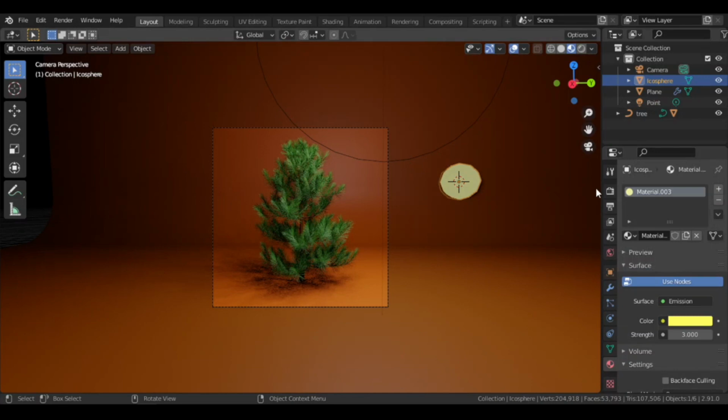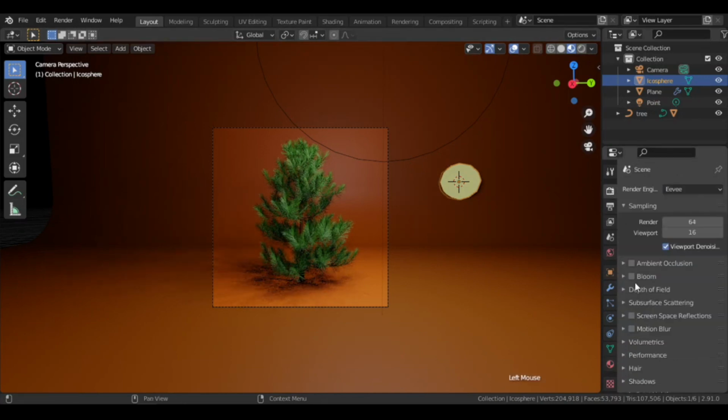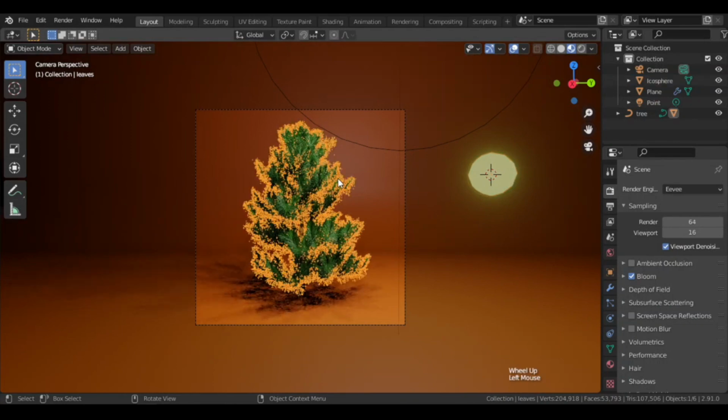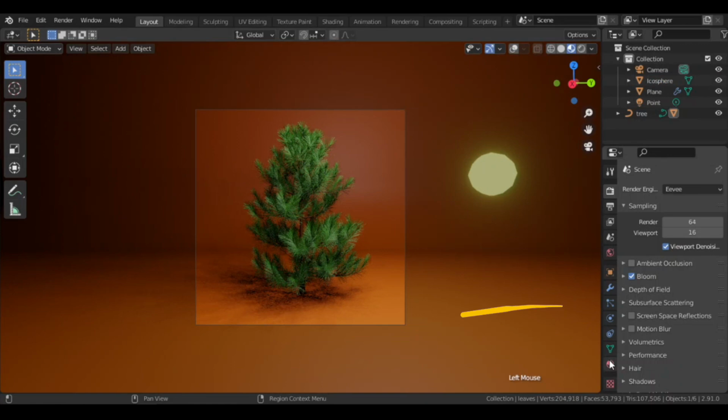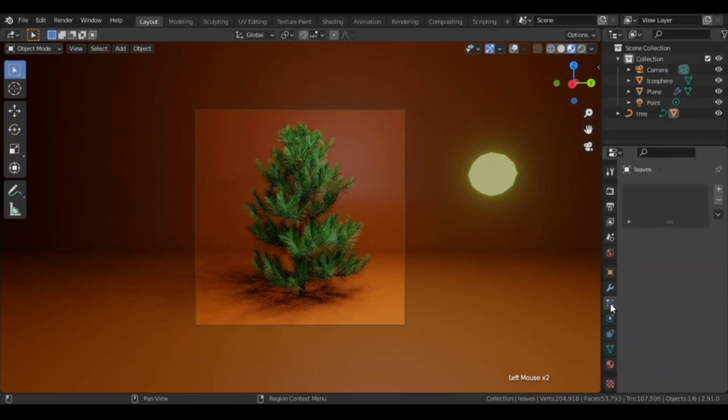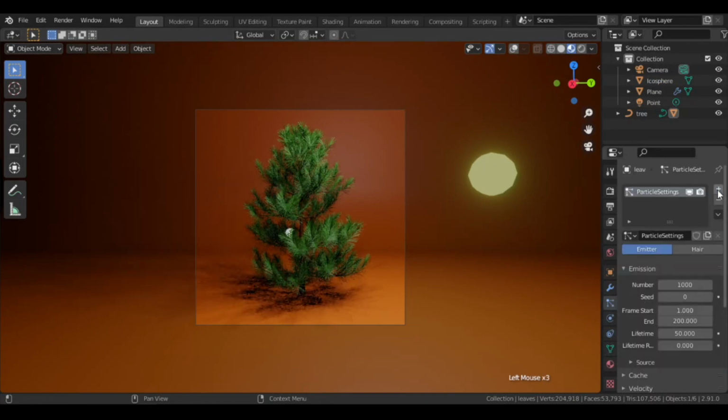After adding emission, go to Render Properties, and turn on Bloom, so it glows a bit. Then select the leaves, and turn off overlays, so we can see the model clearly. Now go to Particle Properties here, and click on the plus symbol here. Now select Hair,